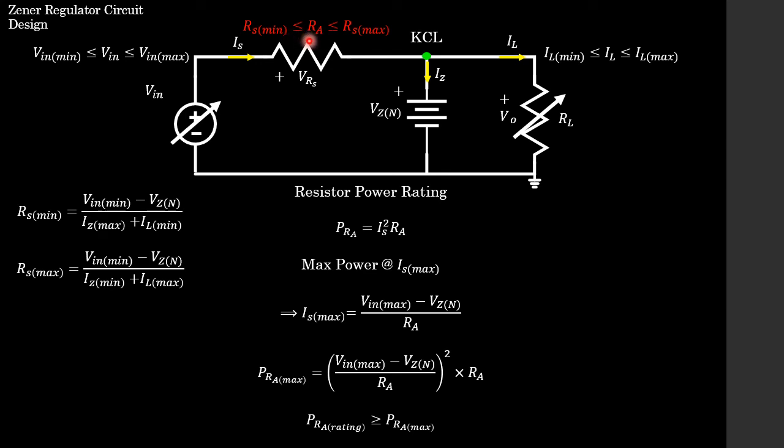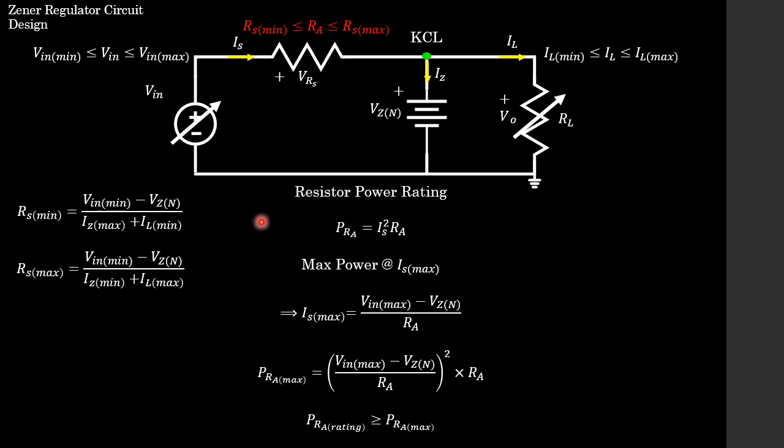So Ra is basically a resistor that we are putting into the circuit, and we know that the magnitude of Ra needs to meet these conditions. So the magnitude of Ra needs to be greater than or equal to Rs min and less than or equal to Rs max. So now we know exactly what the magnitude is, but we don't know exactly what the power